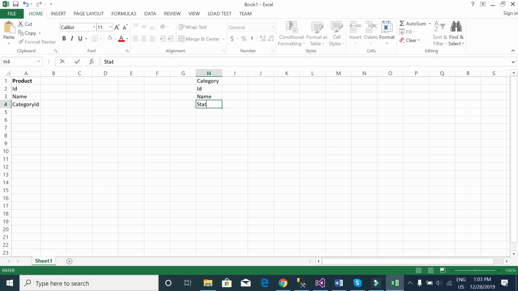I can carry status in every table. So ID, product name, product category, status. See, when we add a product, this information will be added. This happens the first time: one product will be entered into the system one time, right? It will never be duplicated. But when we increase the quantity for this product, this information will be stored in a different table, right? So this table name will be